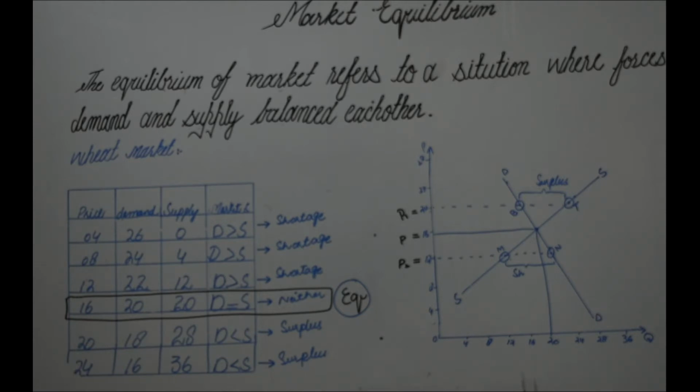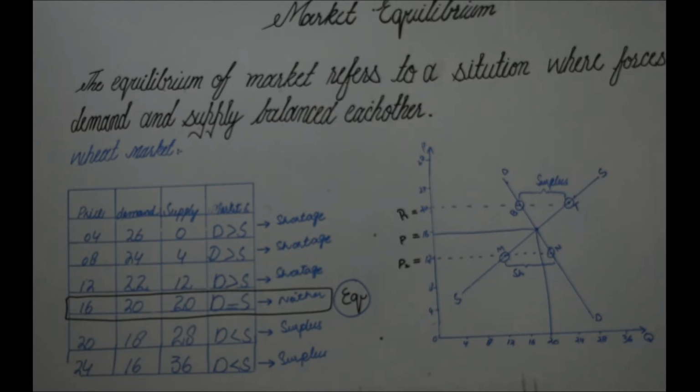In our previous lectures, we have clearly understood the market equilibrium definition, market forces, and the table of the market equilibrium, that is, the mechanism and the structure behind moving towards the equilibrium. Here we will clearly understand the market equilibrium with the help of a graph. Very simple graph, very easy.